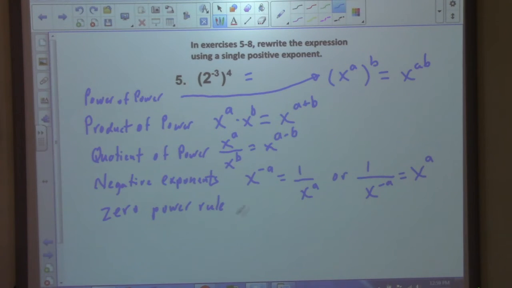And finally, our zero power rule: x to the power of 0 is equal to 1. So those are your 5 major rules of exponents that really, it's really what you need to know for